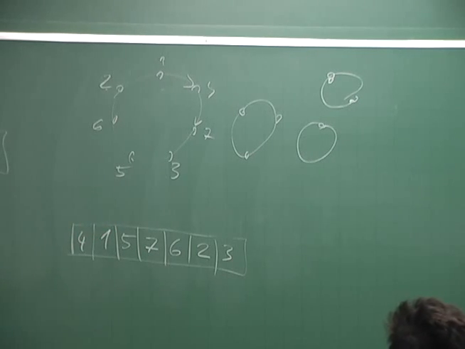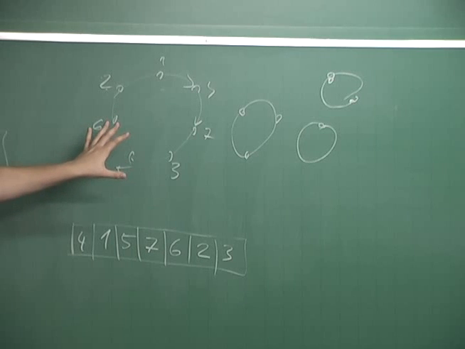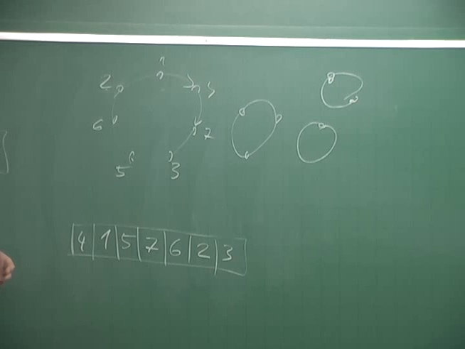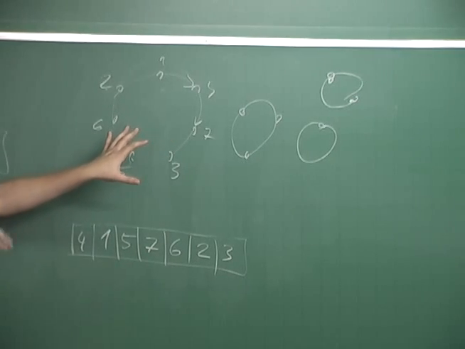For example, if you were given a problem, here's an array, sort it using the smallest number of swaps. The smallest number of swaps you have to use is determined by permutation cycles. You take the original order, you take the desired order. In order to get from here to there, you have to make a permutation. And this permutation can be split into cycles, and the number of cycles actually determines the number of swaps you have to do. Because in the end, when you have the sorted permutation, and if everything is in its place,